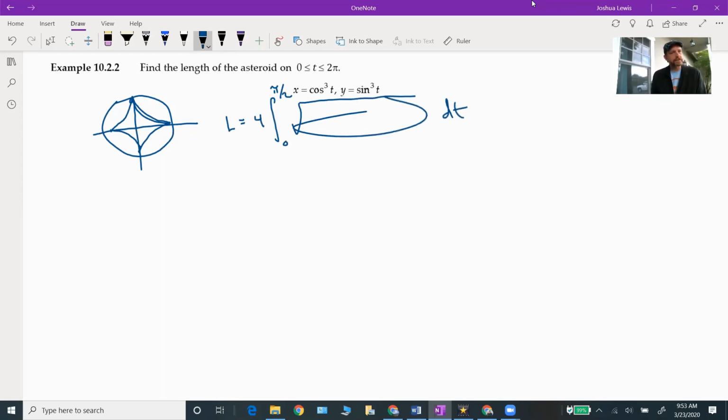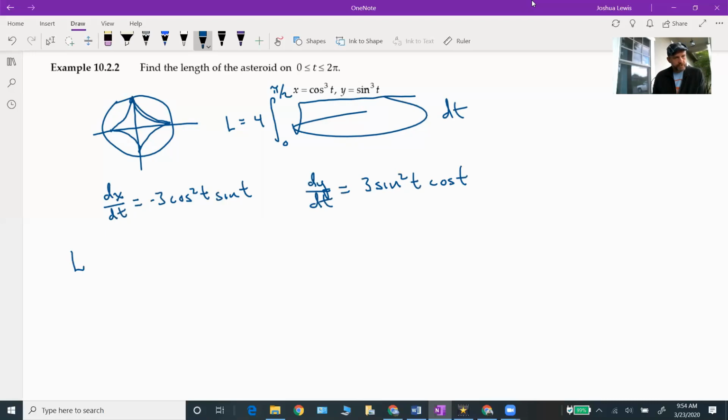And so let's look at dx/dt, right? You get our hands on all these. So dx/dt is going to be 3 cosine squared t, and then derivative of cosine is negative sine. So I'm going to throw that negative sign out front there. And there's my dx/dt. And my dy/dt then will be 3 sine squared t, derivative of sine is cosine, okay? Little chain rule there. So my length of that asteroid